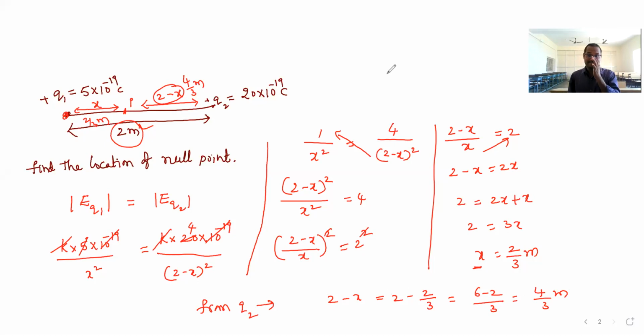Got it, students? This type of questions they may ask you for your competitive exam and for board exam also, 5-mark questions. Now I am going to take one important question, that every year they are asking, same pattern, in board exam as well as in your competitive exams also. I am taking one question.